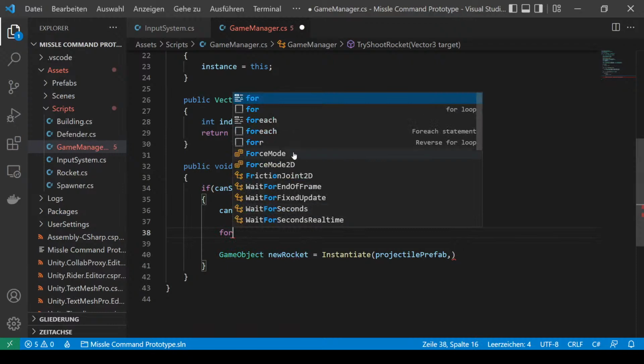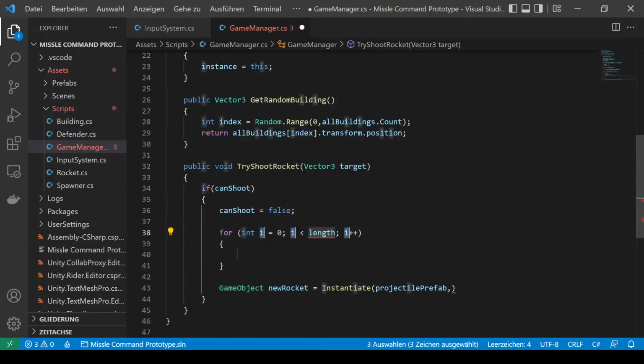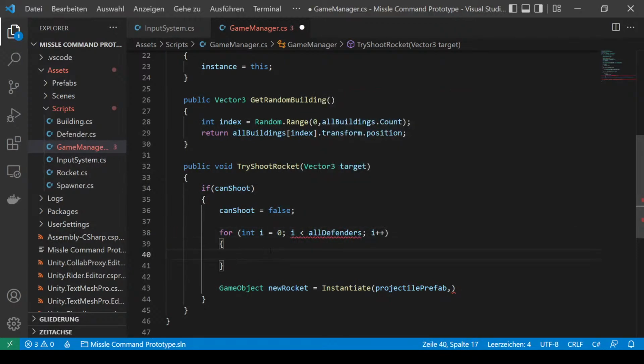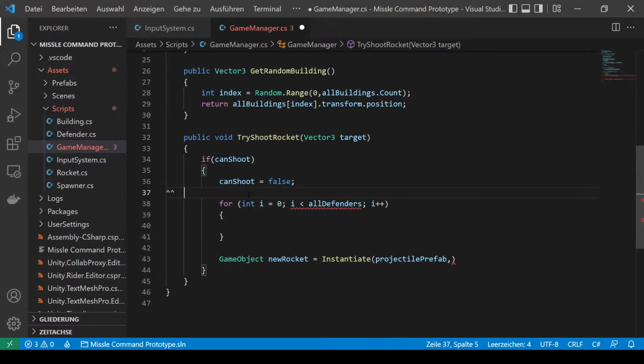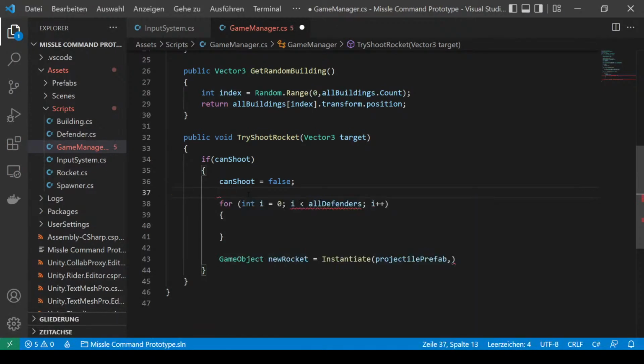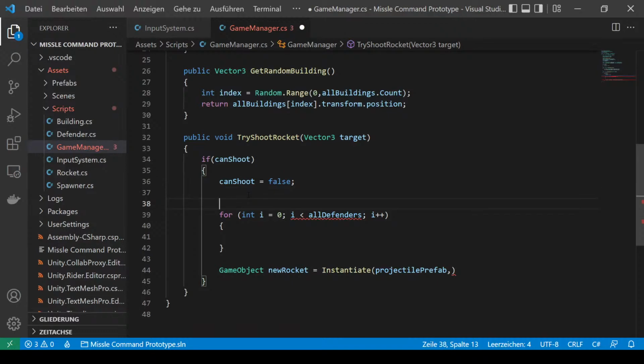To do that right now, we're gonna pick a for loop. In some cases, you can hit tab twice. Over here, we just don't. I'm gonna use the allDefenders list, and before we go and do this, we're gonna store, let's say, Vector3. No, what do we want to know? We want to know the best defender, actually. So who is the closest defender to our target, where we want to put our stuff into. So we could pick one or create a new one, or just have a temporary